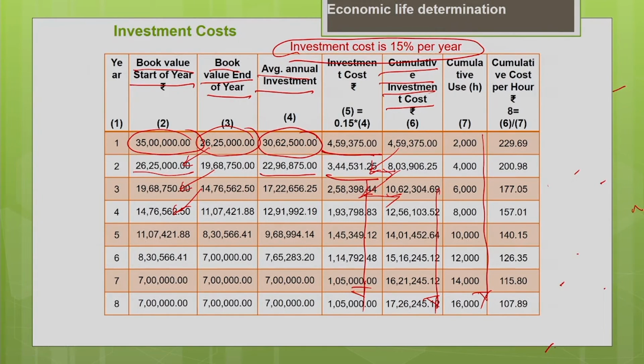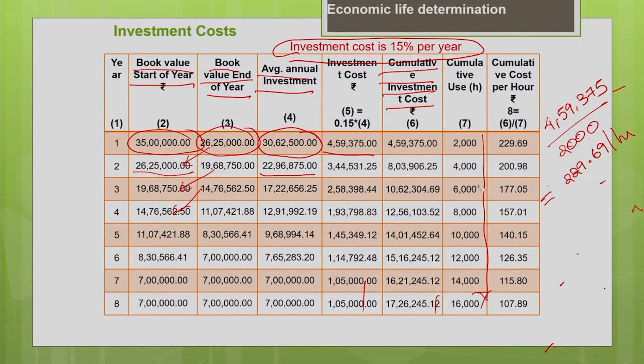So cumulative investment cost is nothing but for the first year 4,59,375. The investment cost divided by the usage for the first year, 2000 hours, gives you the cost per hour as 229.69 per hour. So this is your cumulative cost per hour for the first year. Similarly,